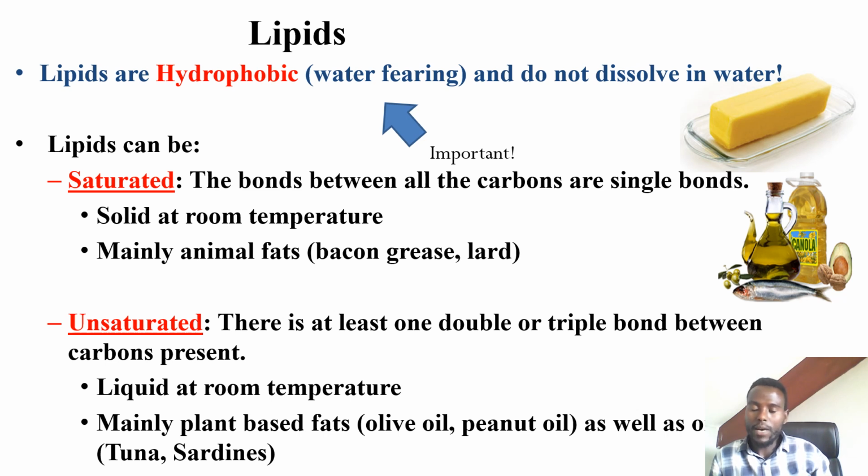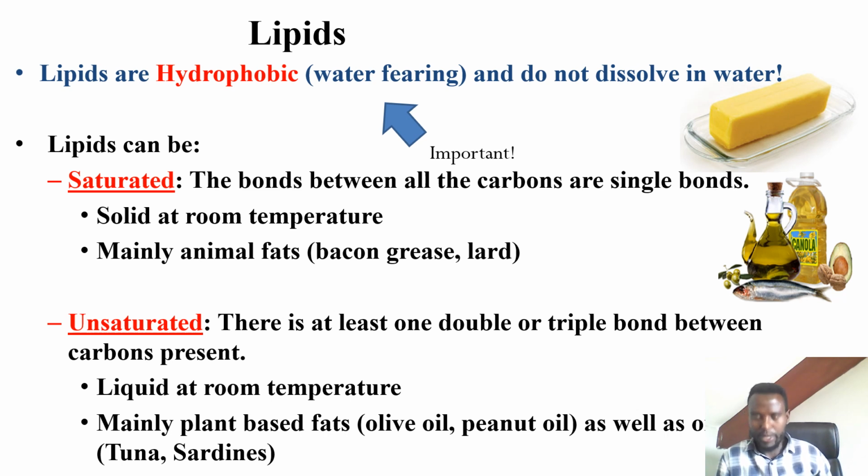The other one is that we are classifying lipids based on the carbon bonds. Based on the bond between carbons, we divide lipids into two groups. The first one is saturated fatty acids or lipids. The second one is unsaturated fatty acids. Saturated means